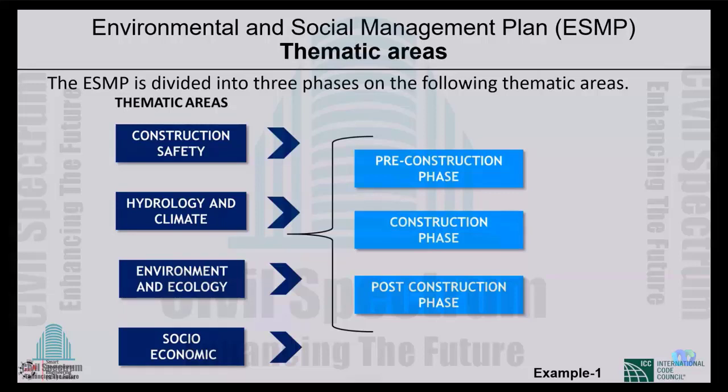So these are the things we look at. There are different areas, and each area is different, so first of all we make groups. Some environmental, hydrological and social cultural profiles are different from others. In construction safety, we have to look at the hydrology and climate. What can go wrong? What is the hydrology? How much water is needed? That sort of thing, we have to know.